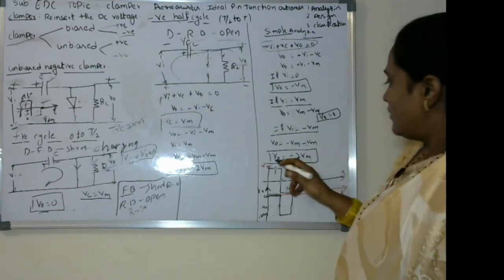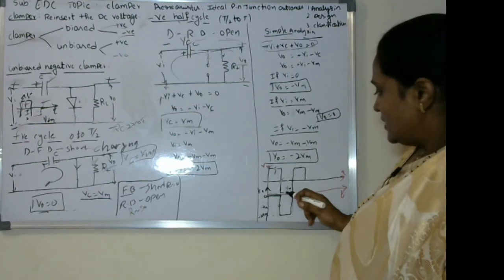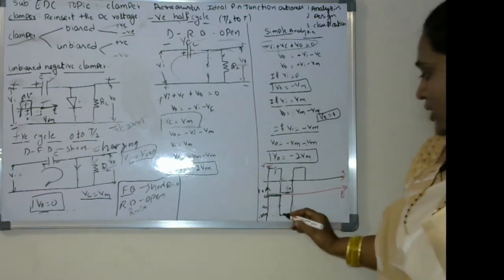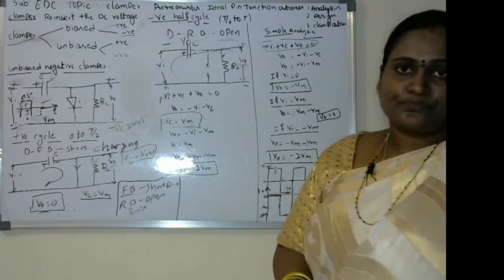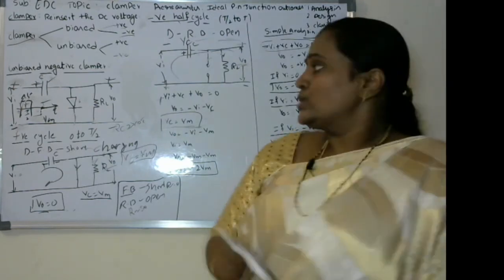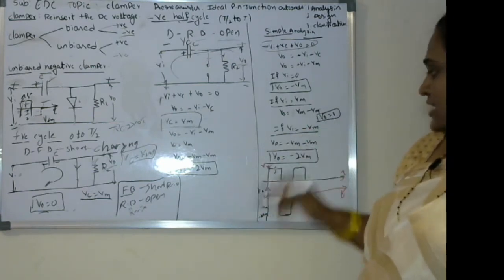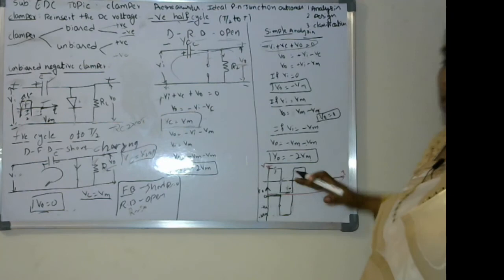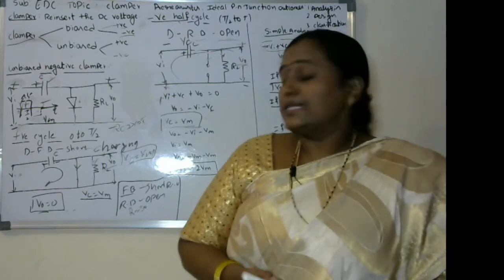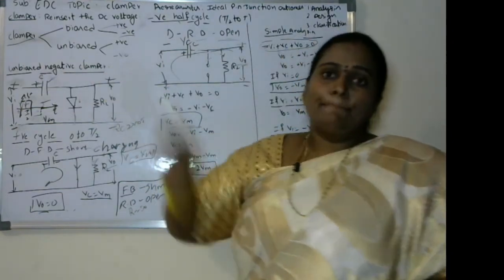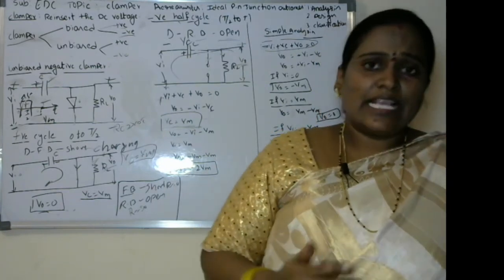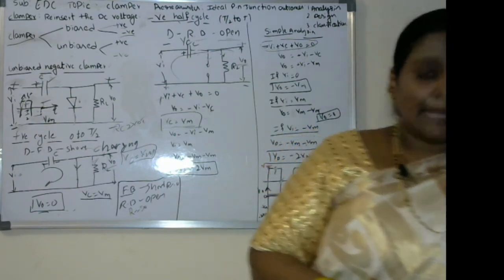Next, the case of V naught if Vi equals minus Vm, this will be the case, this total case. How much does the voltage go to? Minus 2 Vm. So you are going to have minus 2 Vm. So these were the waveforms. Depending upon the supplied input, we are able to see what the output voltage levels are. If you observe over here, the total square waveform has been shifted down to the negative cycle. That's why it is known as a negative clamper. Since the DC level has been inserted at the negative level, that's why it is called a negative clamper.